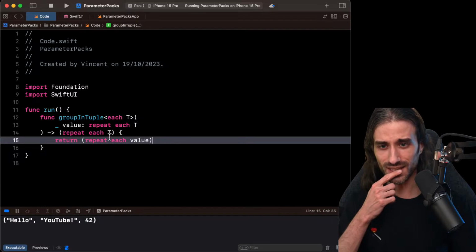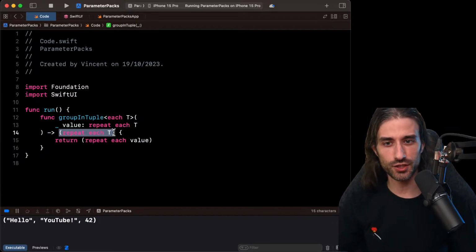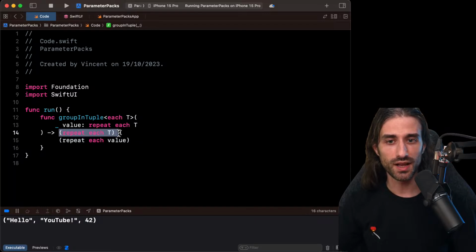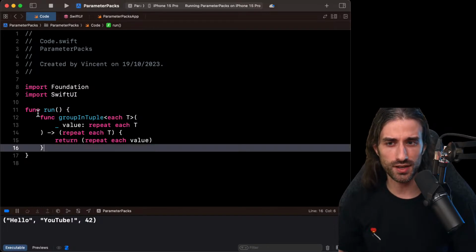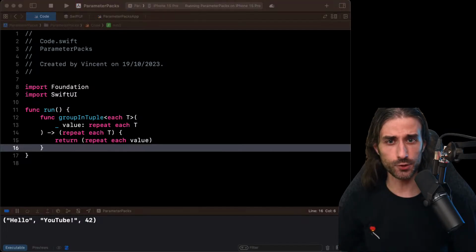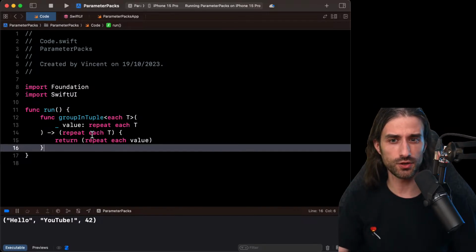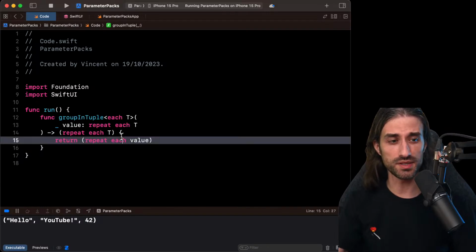And what's interesting to see, and we will see this mechanism in a good part of the examples, is that there is a very strong symmetry between the declaration of the return type and the value that conforms to this type. Because if I remove the return keyword, you can see that the two syntaxes are basically the same, except that the type parameter pack has been substituted by the value parameter pack. It's not a rule that will work every time, but you will see that for a good number of examples that we'll cover in this live stream, this rule is actually going to hold. So it's kind of nice because when you have implemented the signature, you also have the implementation of the function for free.